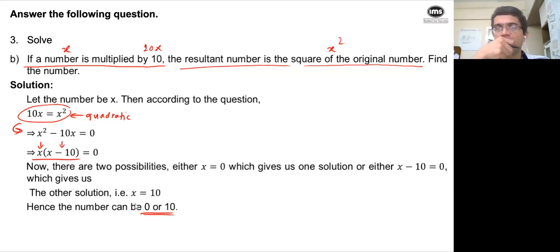Remember, in any quadratic equation I have to have two roots, that is two values of x which will satisfy that quadratic equation. Now those two values may be same, may be different depending on the quadratic equation. Right, so all we need to realize is don't get carried away seeing x square is equal to 10x, say x is equal to 10 and the matter is over. No, x can be 0 also. That is the only reason why this question has been introduced, so that you keep in mind multiple possibilities or values that x can take.